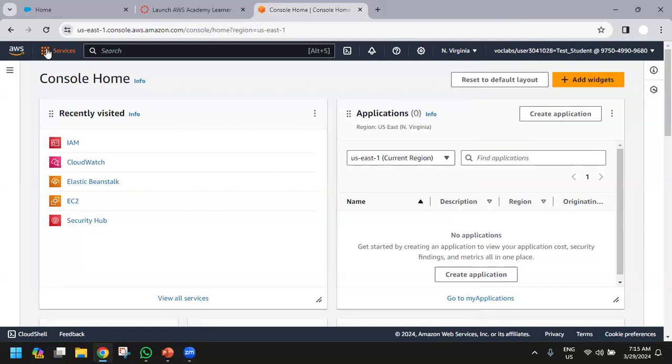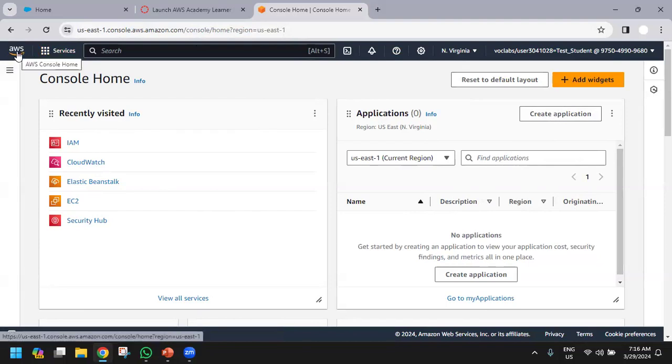Whatever you have used recently will be shown over here. This list will keep on increasing the way you use services. So that is just the dashboard of what you have used recently. Where is your current location? Whether you want to create a new application or you want to add a new widget to your home screen and something like that.